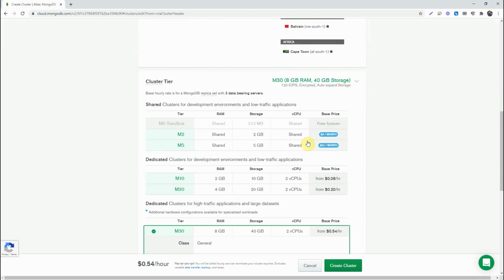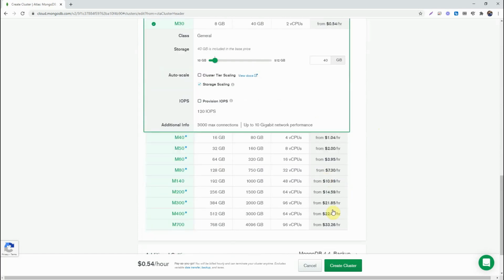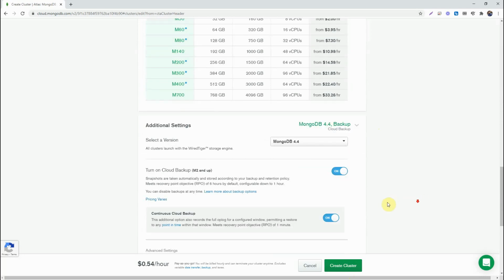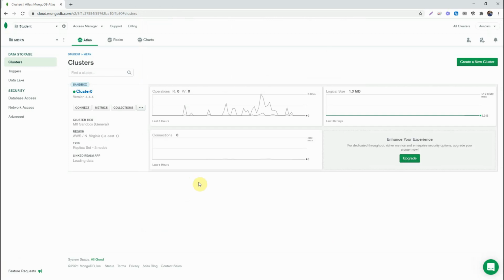I have already created one cluster, so I will not get the free one. You just select this M0 sandbox, then click on create cluster. It will take some time. Now I am using my previous cluster.